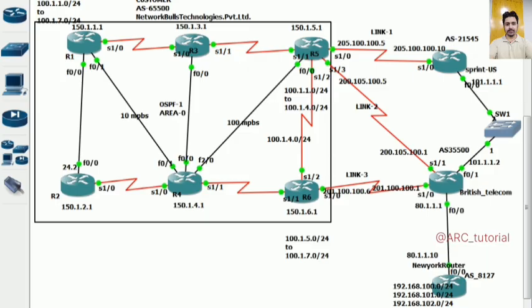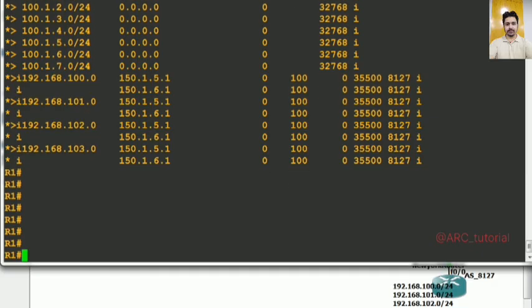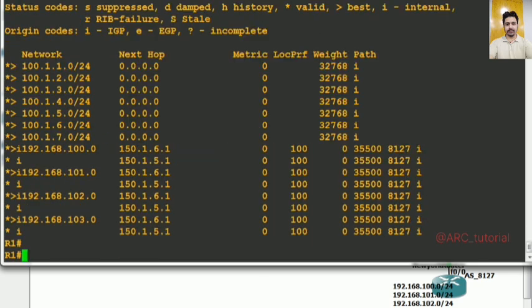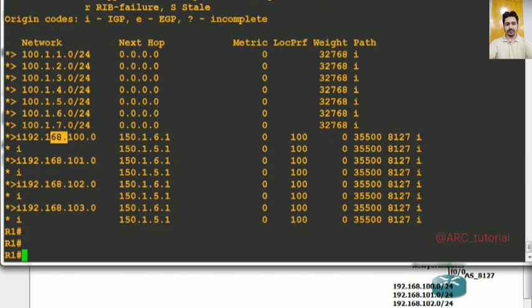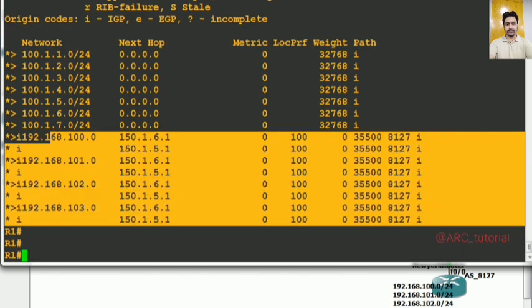Let's talk about equal cost load balancing in BGP. BGP also supports load balancing, but by default maximum path is configured as 1. If you move on R1, so right now its best path is via R5 only, and if you check its routing table as well, show ip route bgp,